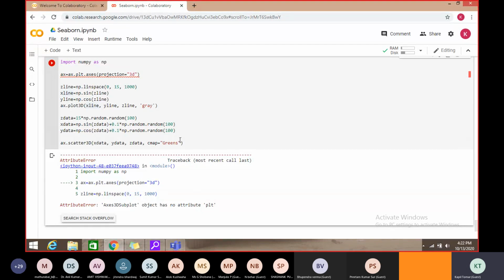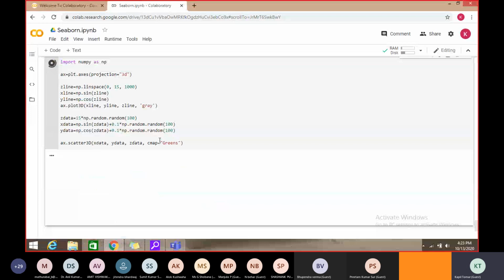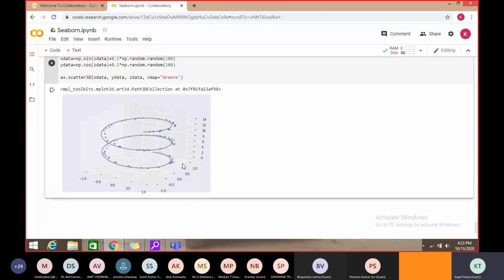Ax3 object has no attribute called PLT, and where we have mentioned, just a minute, ax is equal to, not this. This is something. So these are the values x, y, z.